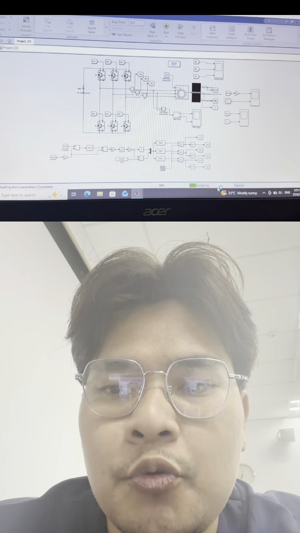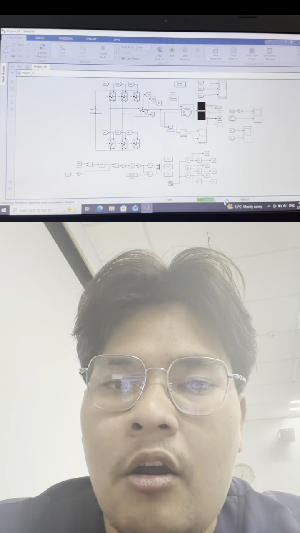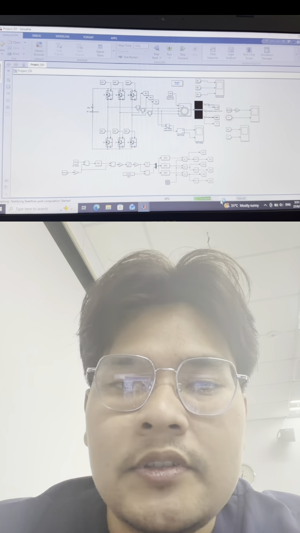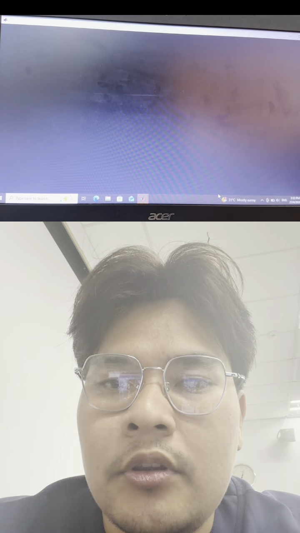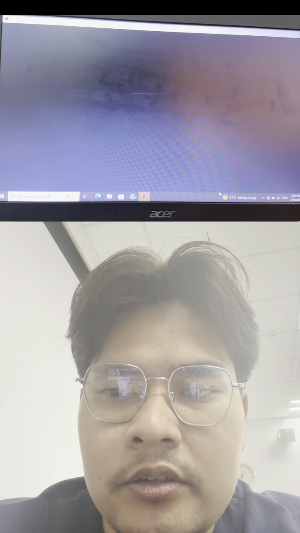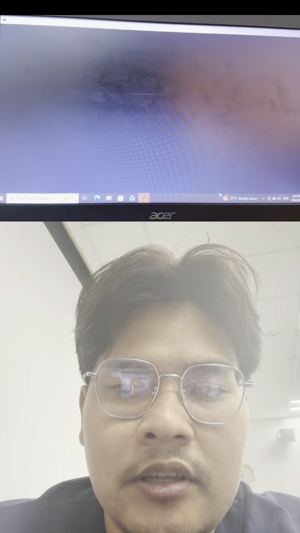To ensure precise speed tracking, I designed a closed-loop control, as shown in the picture right now. First, the actual rotor speed is fed back and subtracted from our target reference speed, which is set to 1500 RPM. As you can see, the resulting error signal is processed by the discrete PI controller to minimize steady-state error,